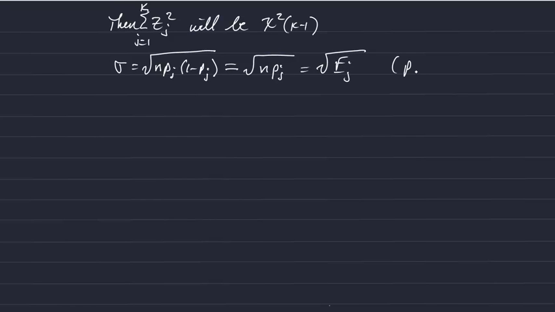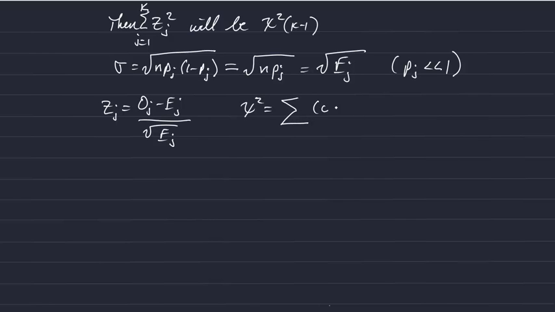And that again is for p_j a lot less than 1. So the standard deviation that we need, z again was equal to the observed number in bin j minus the expected number, and the standard deviation is now the square root of E_j. So chi squared then becomes the sum of all those squared,